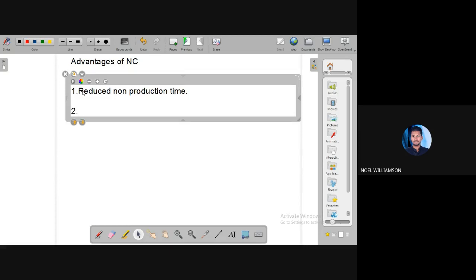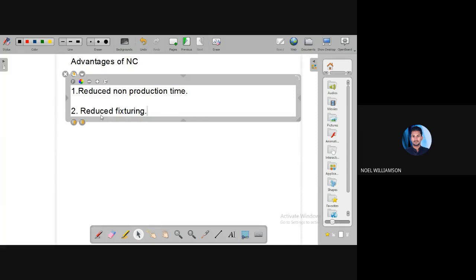Then the next advantage is reduced fixturing. That means in any NC, this requires only simple fixtures.